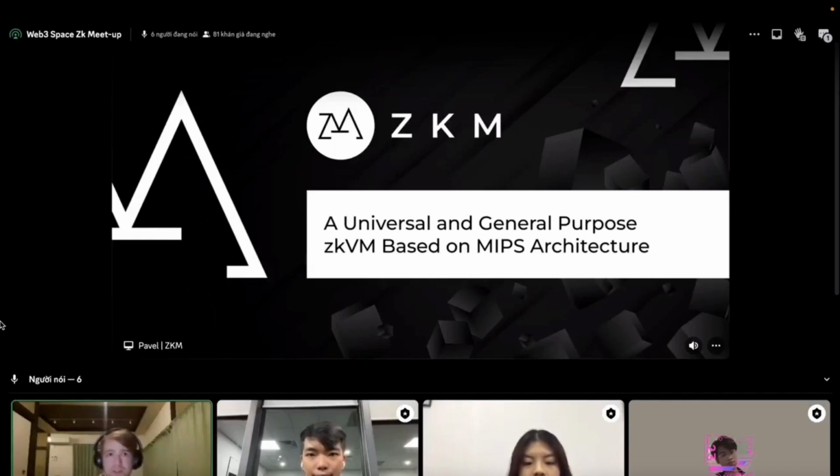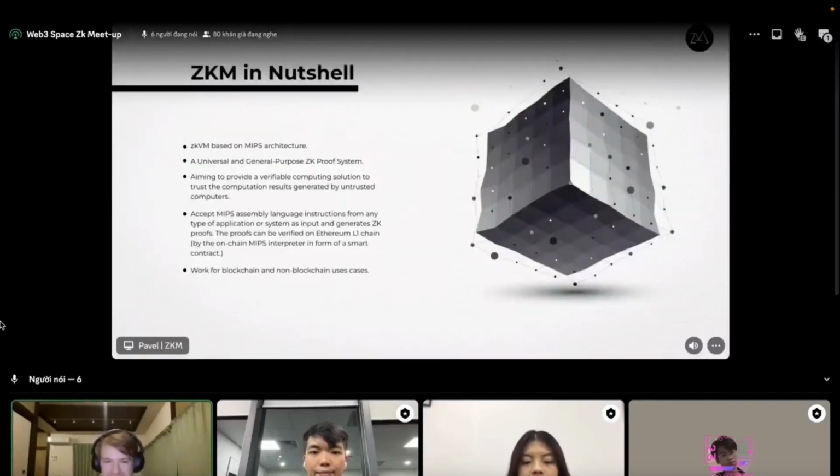We are a universal and general purpose ZK VM based on the MIPS instruction set. Now, what does this mean, ZK VM? Essentially, MIPS is an instruction set. It is how computers communicate. It's low-level, assembly-level instruction sets. So this is basically at the lowest level before binary, I guess, and essentially